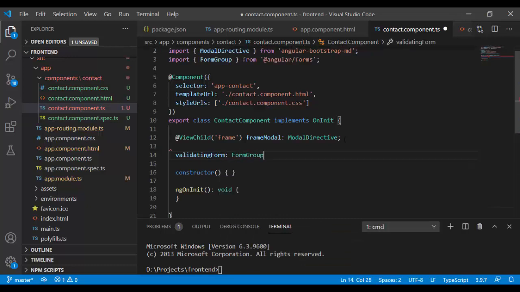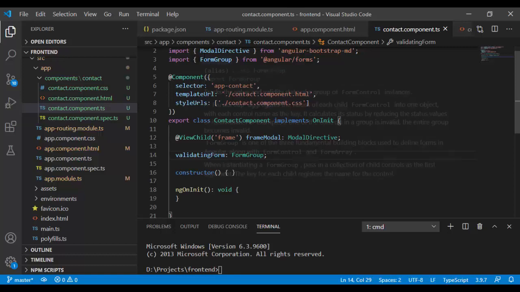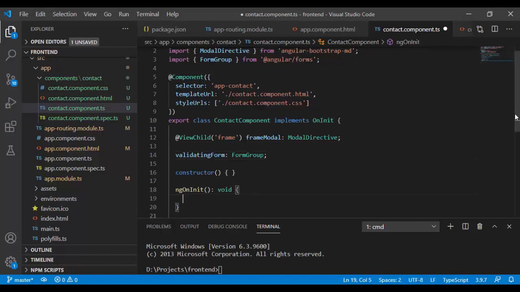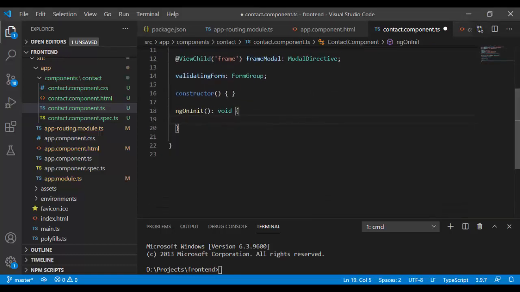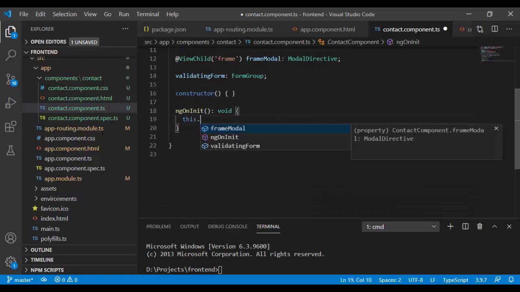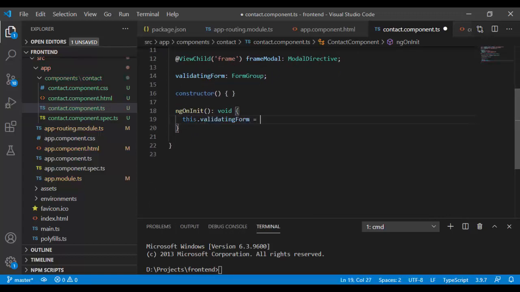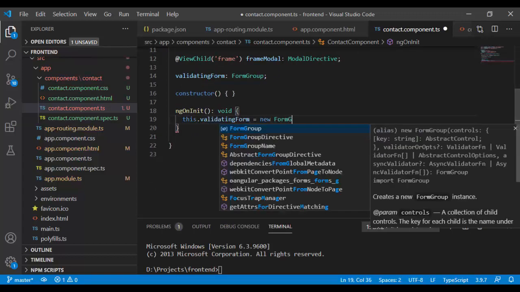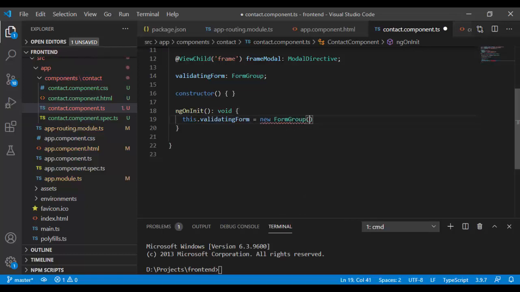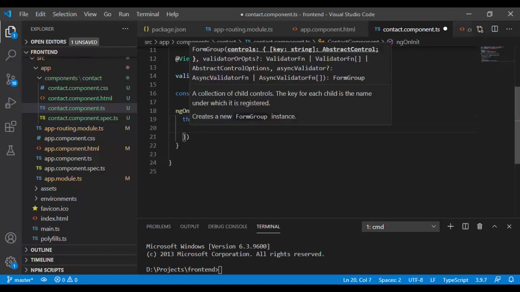Now we need to set in place a validating form of type form group that will keep all our elements from the modal dialog. Now under the ngOnInit method, we need to define the structure of our form. So this dot validating form equals new form group,